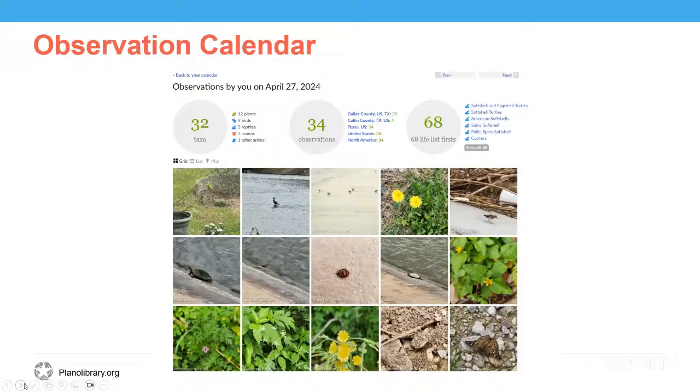And this was an event that was happening on the weekend of April 27th that year. It's the City Nature Challenge, and so the goal was to go out and make as many observations as possible. This is something that happens every April. I will be doing this program again close to that date next year, so we can talk about how to participate. It is a lot of fun. It is a friendly competition between large city areas around the world, but Texas gets pretty competitive between DFW, Houston, Austin, and San Antonio.